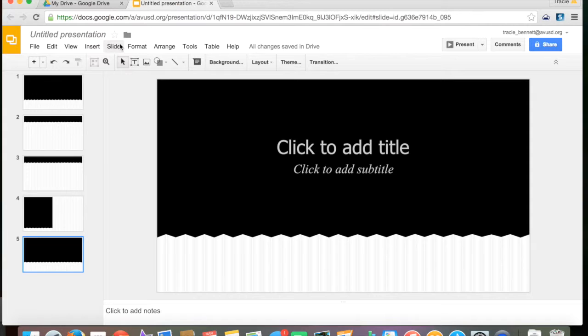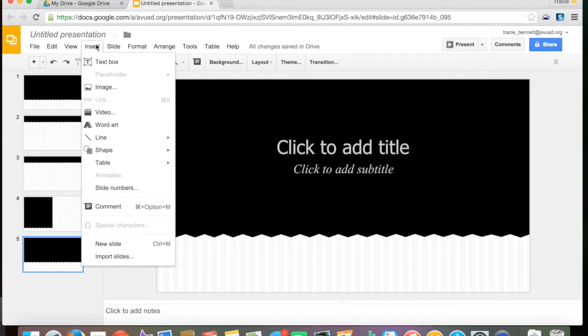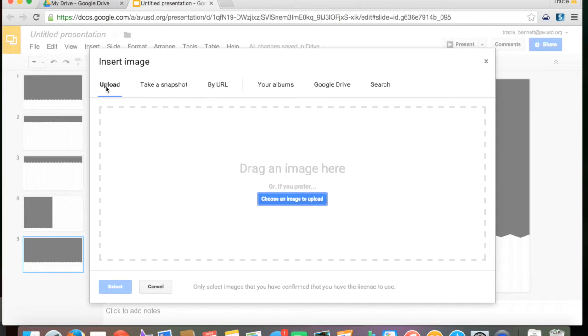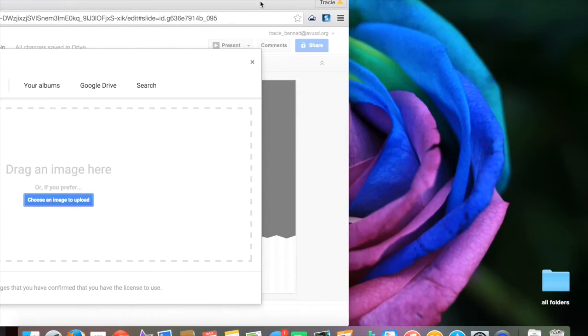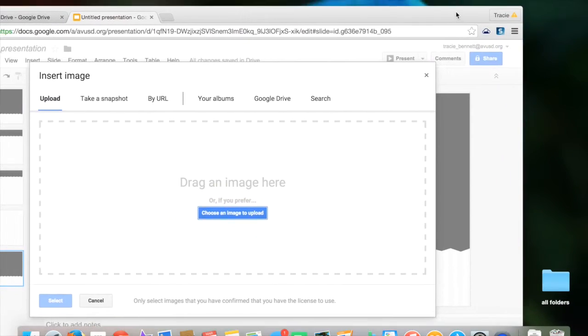So if I want to insert or import an image into my presentation, I'm going to come up here and look at my keywords again, and I see the word insert. And if I look down this list right here, I can see that I'm going to insert an image. There's my image, and if I click on it, it gets super simple. Google Slides has brought me to this wonderful image board right here where I have a couple options. I can either take this box right here, and I can move this out of the way, and I could drag and drop an image that I had on my desktop right in there,